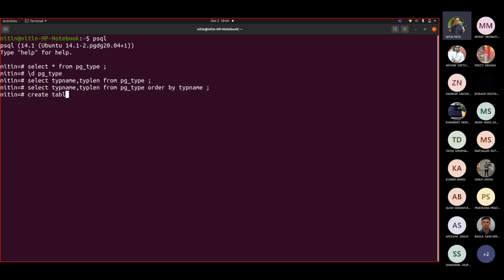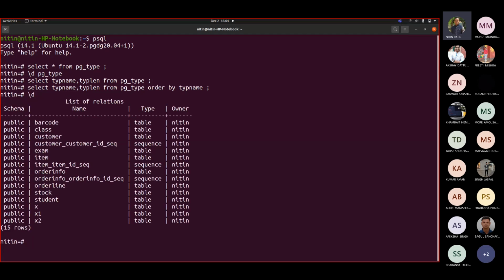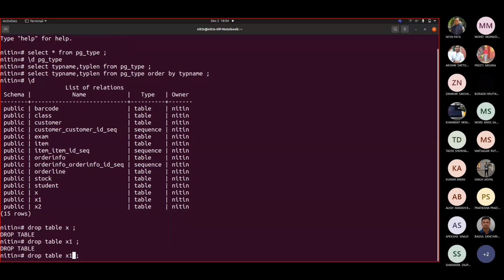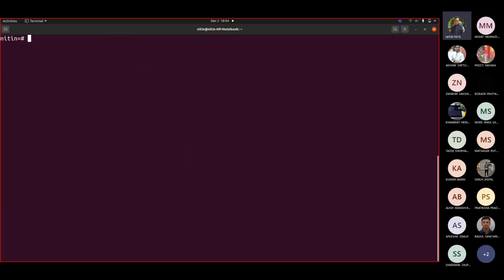Let me see if I have some tables. Let me delete this. If I say create table X with a text column and an integer column. Fine.